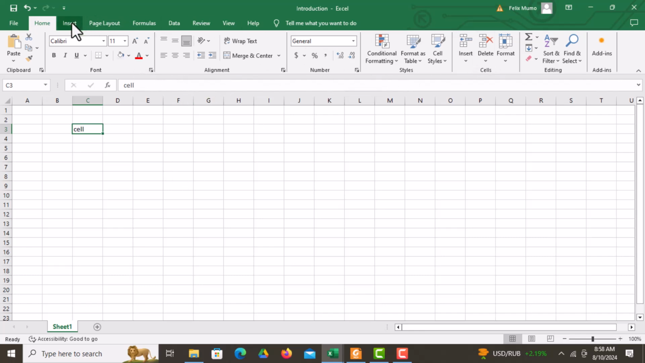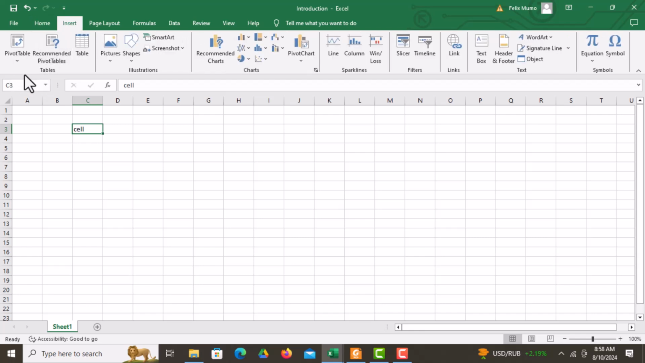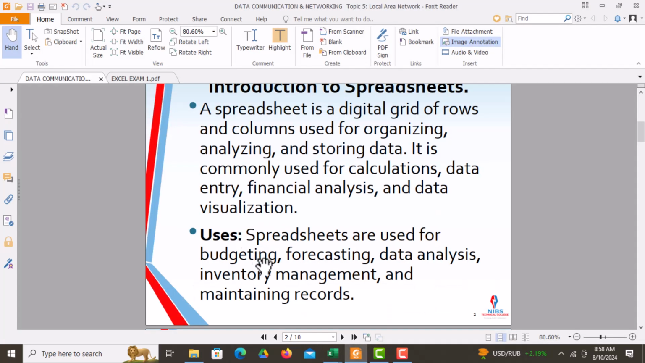If you click on the Insert tab, you're also going to find other groups in the same tab. They are here. The groups vary from tab to tab. So now proceeding to the next section,